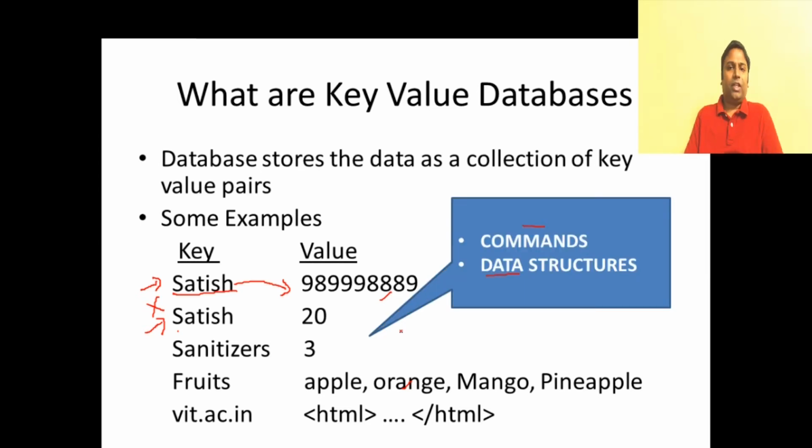Again, when you are working with a key value database, there are two very important things you really worry about. That is commands. What are the commands used for inserting the key and the value, deleting the key and the value? So you have a set of commands that operates on the data, and you are going to learn about the data structures. The data structures come into place when the values are coming into place. What are the data structures supported by a key value database to hold different kinds of values?